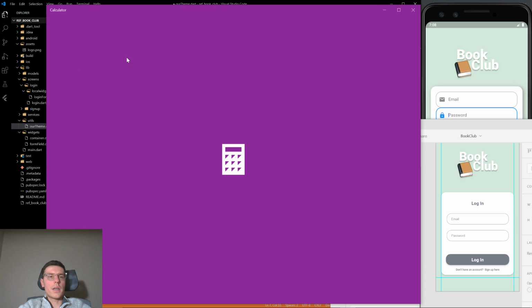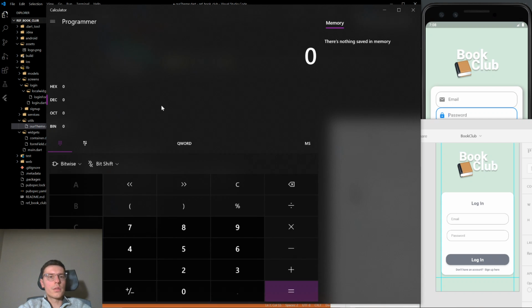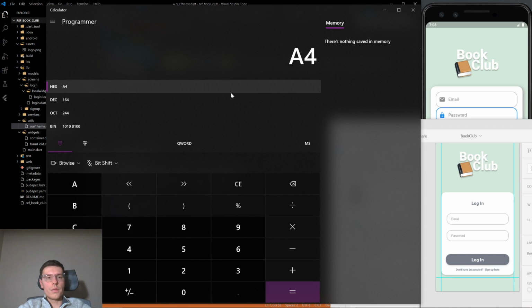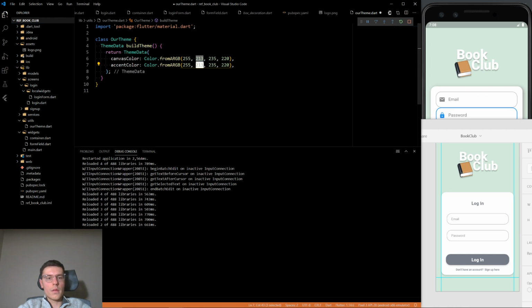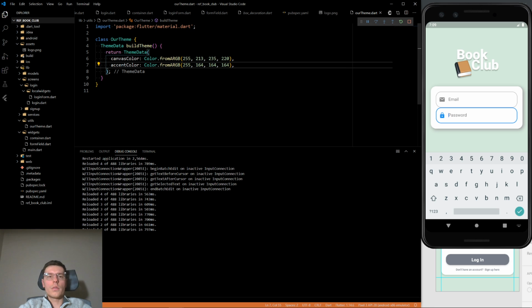Then we can get the calculator out. So that programmer hex A4. A4 is 164. So 164, 164, 164. That shouldn't change anything. Okay. So what about